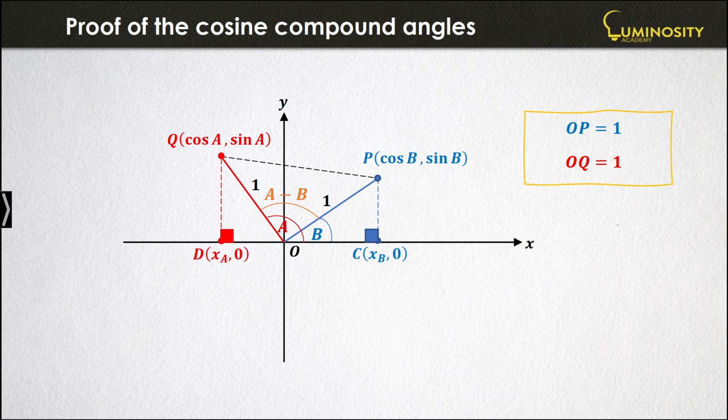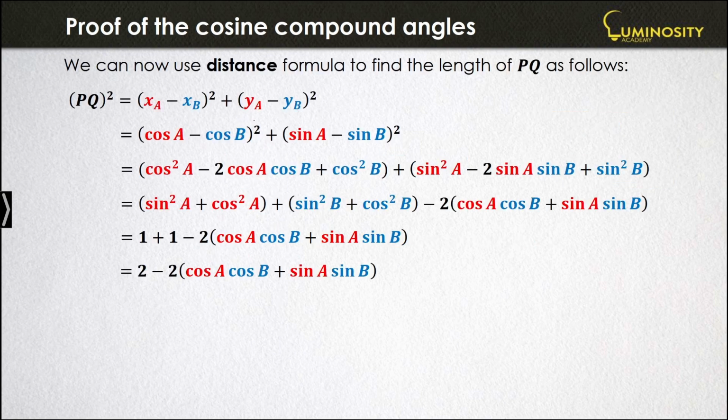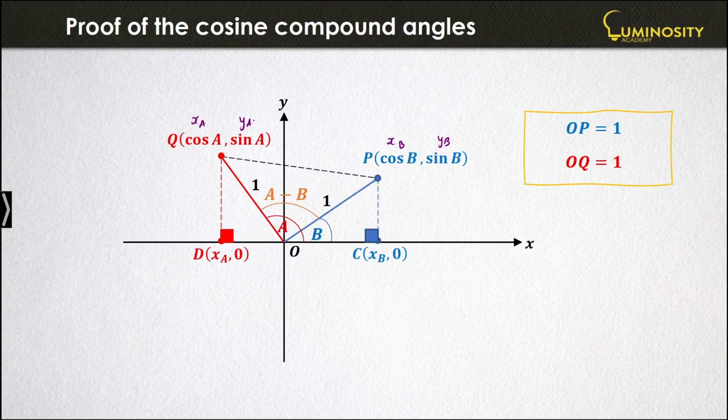Okay, so now instead of labeling the coordinates like this, xb, yb, I've labeled it cos B, sine B, and the same thing here. Okay, so now that we've got all that information set up, let's calculate the distance in two different ways and go ahead and equate them together. So using the distance formula, we see that this PQ length here, that's PQ squared